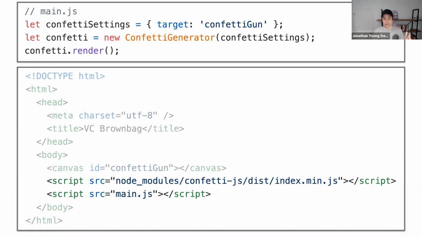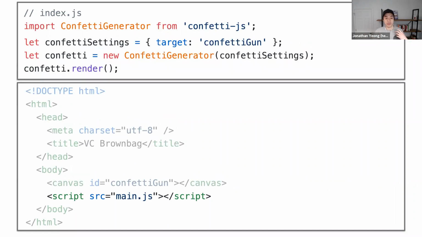If we were to use something like Webpack, for example, we can do something like this instead. So we can import confetti generator from a confetti.js node module, and then call the confetti.render as is. Instead of main.js, we'll have this in an index.js file, and then we can include a main.js script. And that main.js script is the result of the module bundler bundling and doing its thing. So let's dig a little bit deeper,